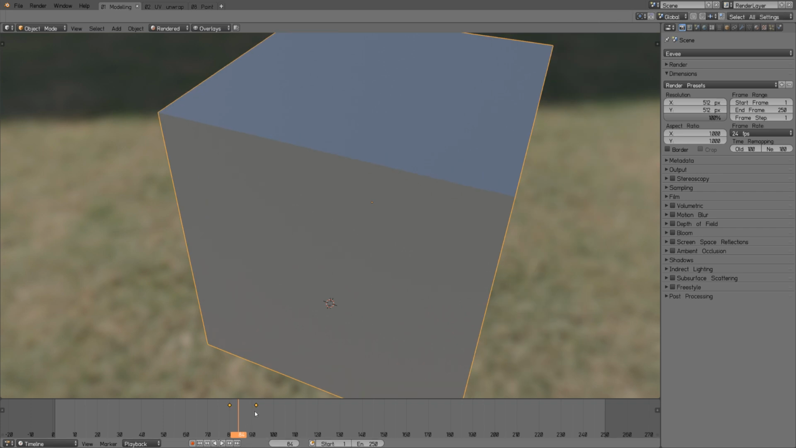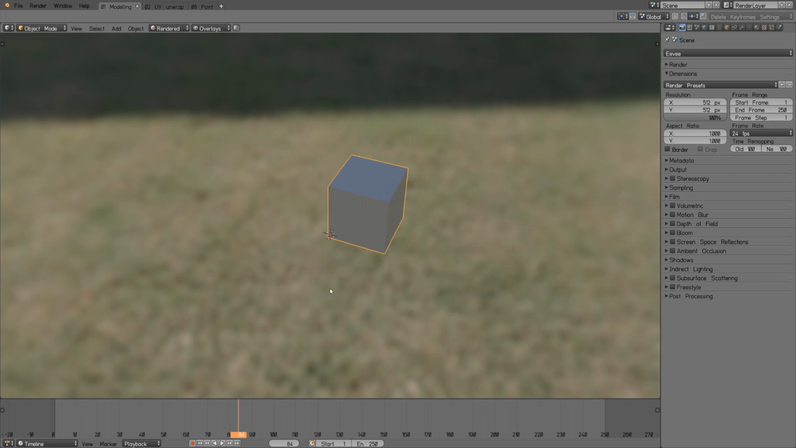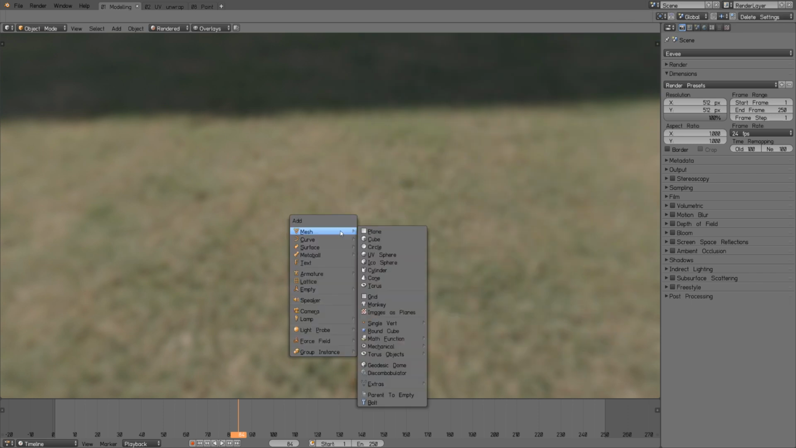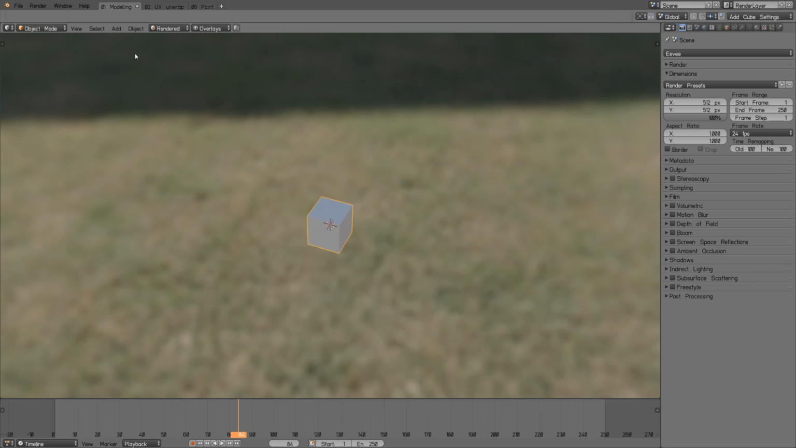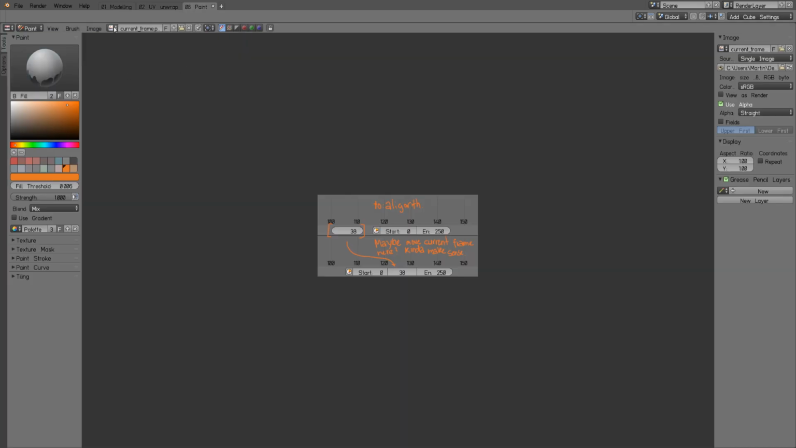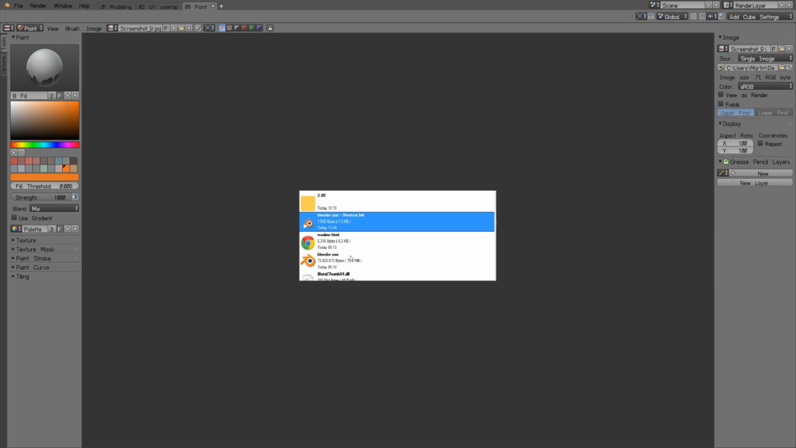So I'm just gonna delete these keyframes. Actually delete the cube, add a new cube. So what is copy on write? Well,